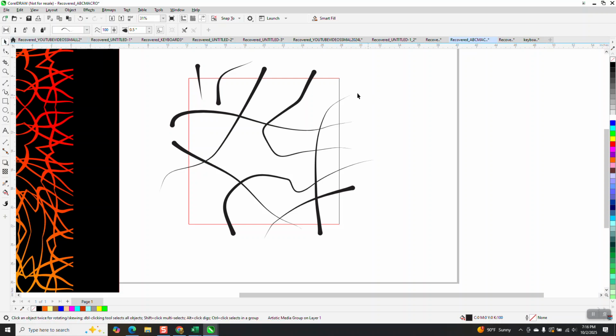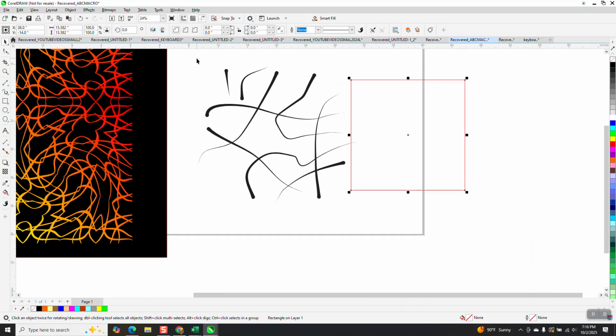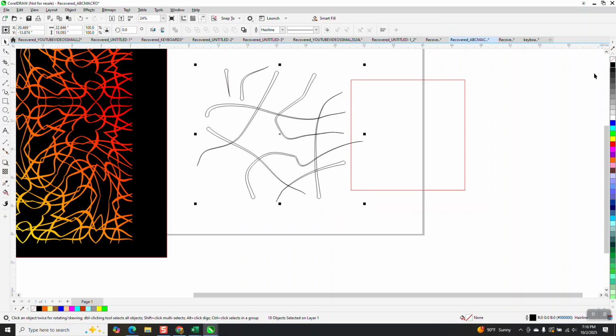Now, the problem with the artistic media tool, let me see how big my square is, 15 inches. Let's set our nudge factor on 18, and let's nudge that box out of the way. The problem always with the artistic media tool is the original line is still there. So I'm going to left click, right click, and I'm going to go to object and break the 18 objects